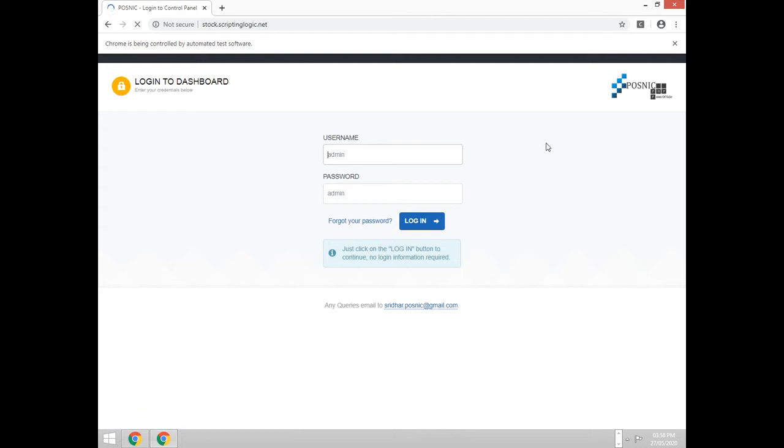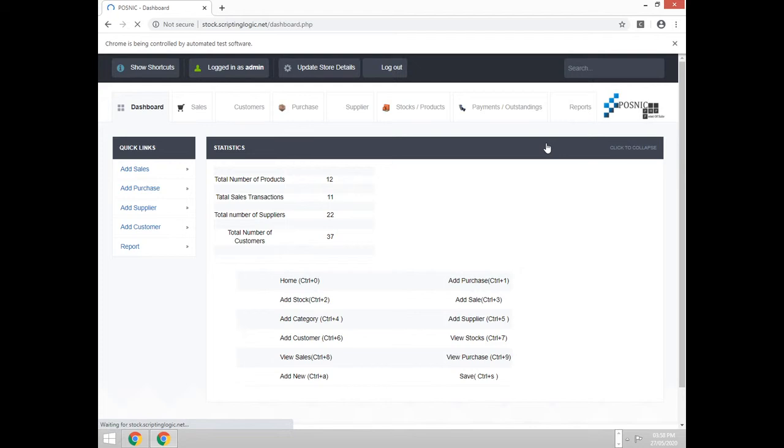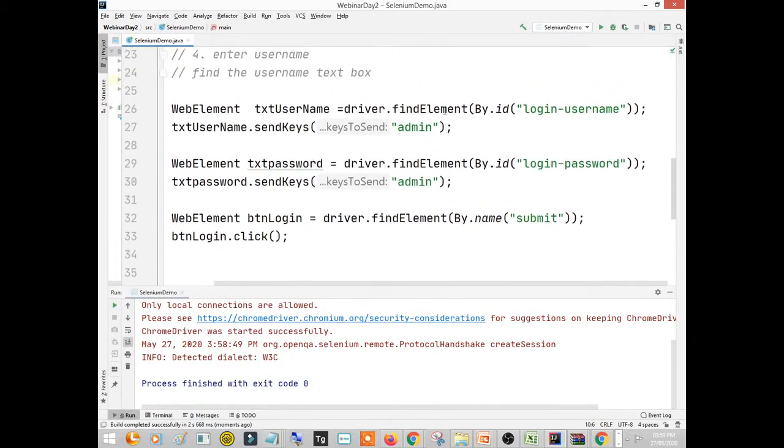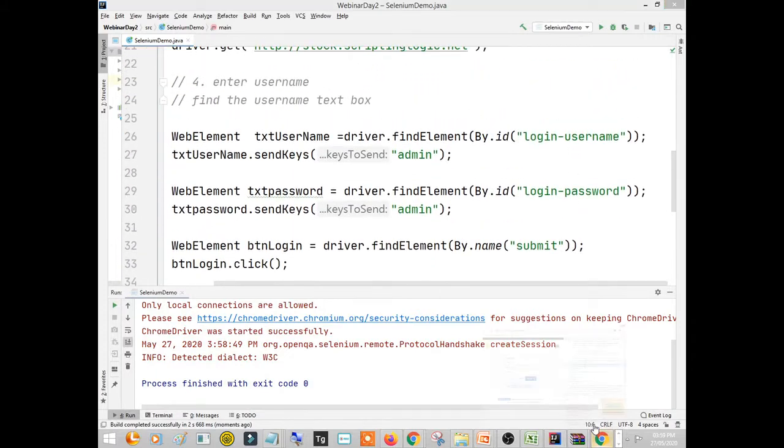You see, the browser is open, it is maximized, the website is open, the username and password are entered, and we hit the login button and the dashboard is opened, right? So this is how we automate the login page. This is simply a demonstration of the automation of a web page.